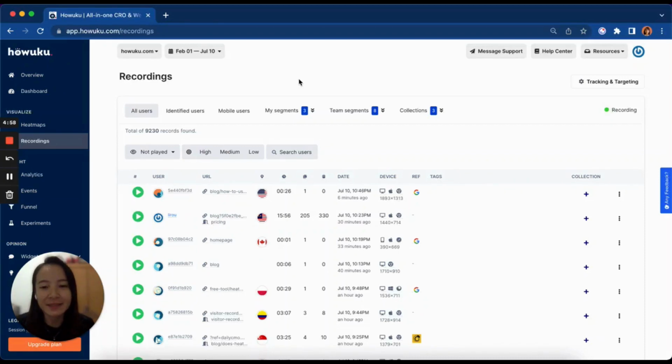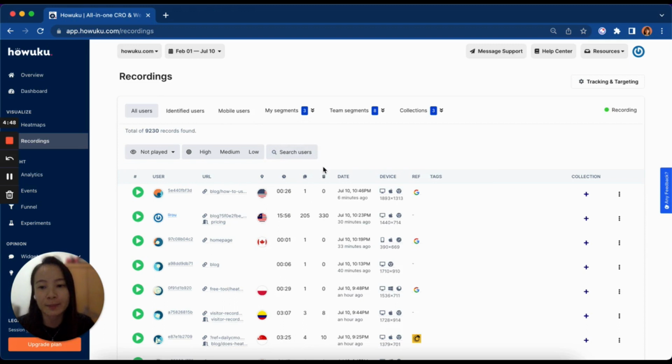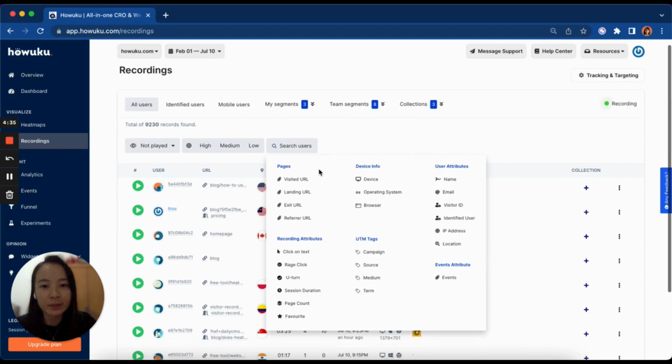Hello everyone, this is Lero from Haoku, and in this video I'm going to show you how you can use the various filters that Haoku provides you and how to locate the specific section recordings that you need to look at efficiently, right? So first thing first, before you start finding optimization opportunities using section recordings, the very quick things